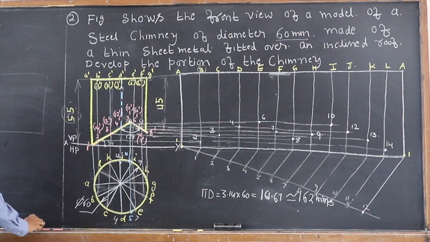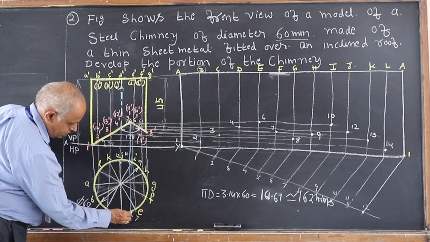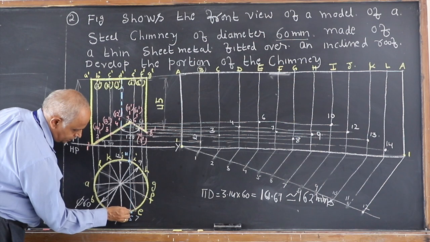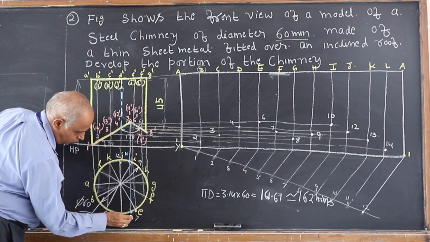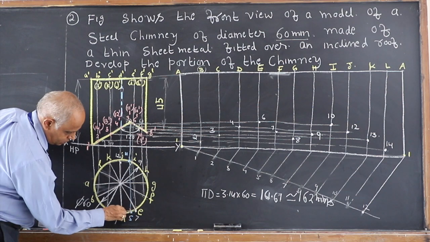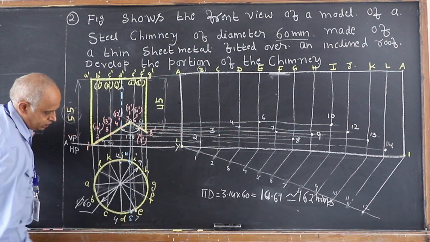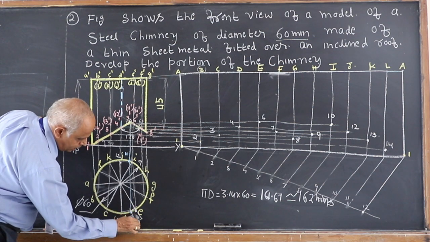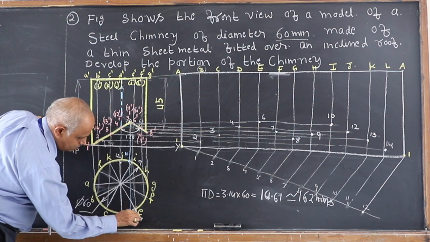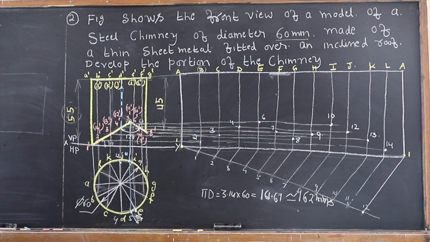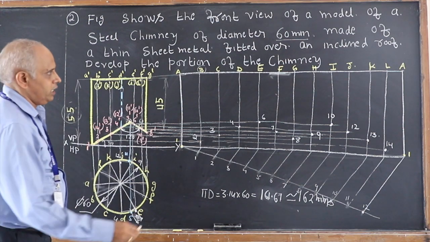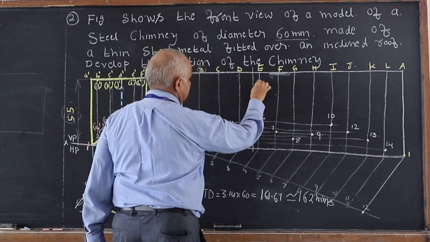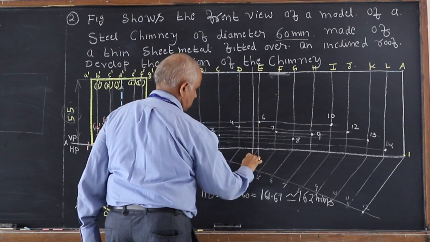So it is not on any generator, but observe this 5, the generator through 5 is between D and E. You just try to take approximately the chord distance here, but from the nearest point. If you do it from D, you are taking this distance, but if you are doing it from E, you are taking this distance. So there is less error if you take it from the nearer reference point, and if you measure it, this comes approximately as say 5 mm. So measure this distance from E between E and D. So between E and D, at 5 mm introduce a generator. Remember, this distance should be 5.